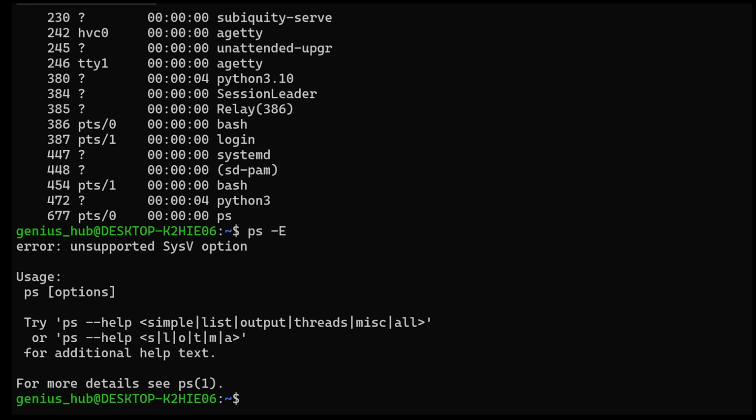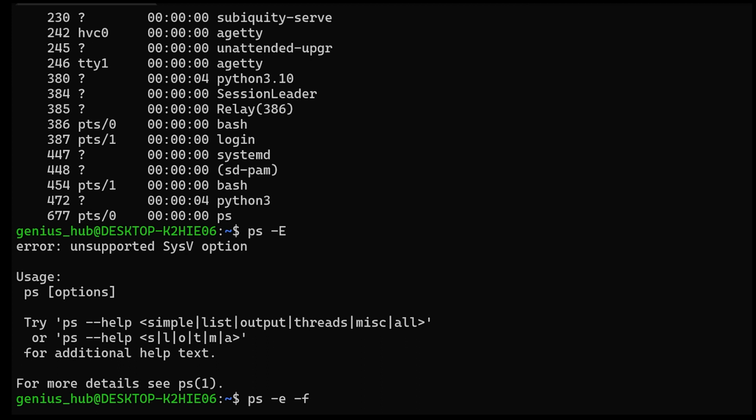Now that we've got a handle on options, let's mix things up a bit. Within a command, we can specify more than one option to further customize its behavior. To demonstrate, let's type our command just like before, but this time let's also include the F option, which stands for full format and makes the PS command display our processes in a format that includes even more juicy details.